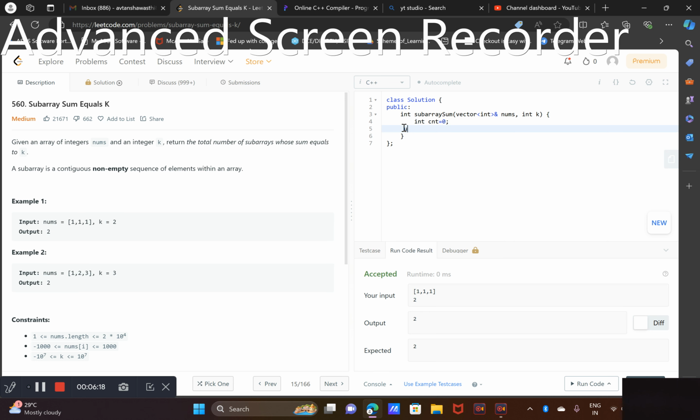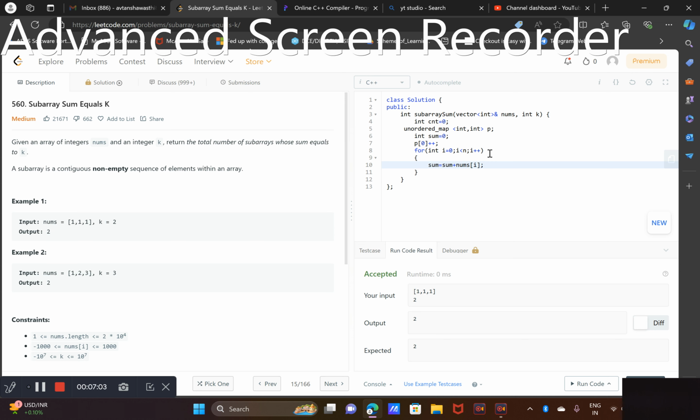For example, I'm going to declare an unordered_map<int, int> p and int sum equals 0, and we'll set p of 0 to be incremented, and then sum equals sum plus